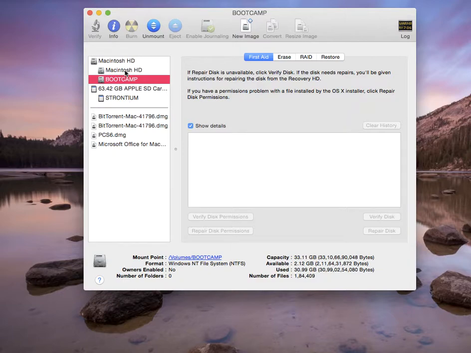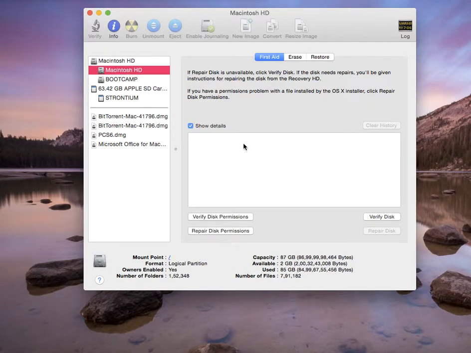So now what I will do, I will erase this bootcamp and free this space and include it into my hard disk. It means I am totally going to erase my Microsoft partition and include that space into my